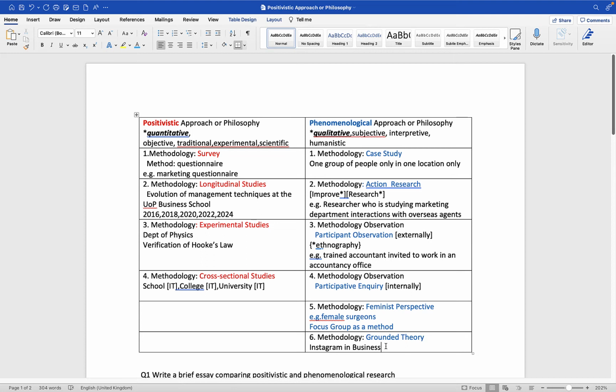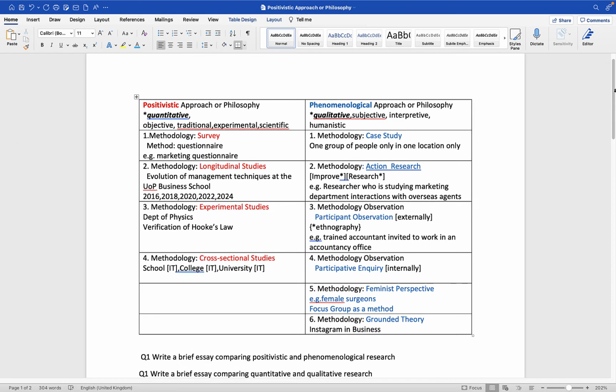And I'd have to gather my own data sets, and I'd have to draw my own conclusions and my own discussions on my own theoretical base. So when you're doing research from the ground up, then we call it grounded theory is the methodology. Now, we've looked at both positivistic and phenomenological, and